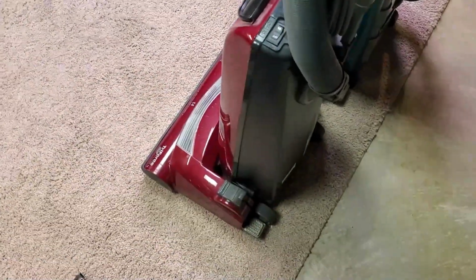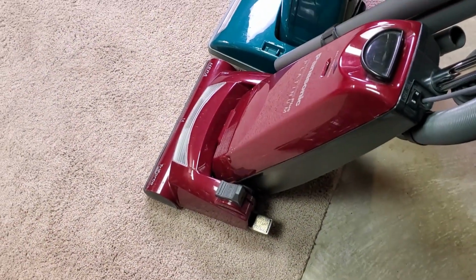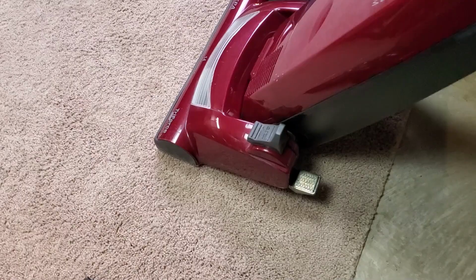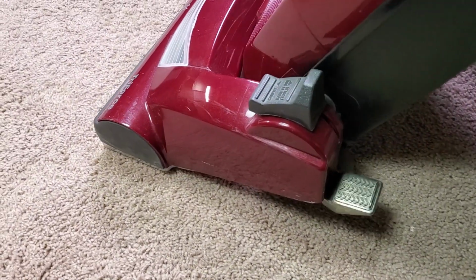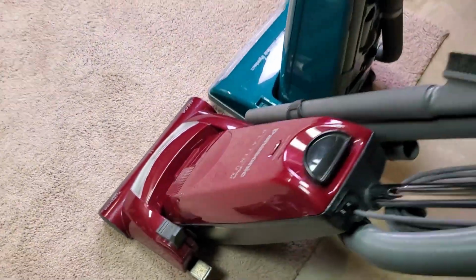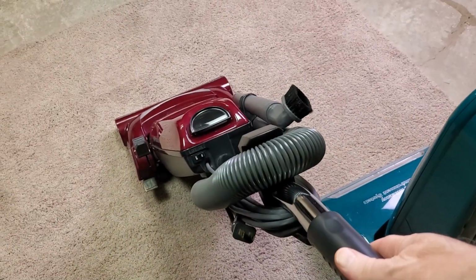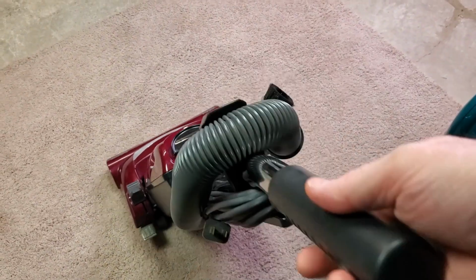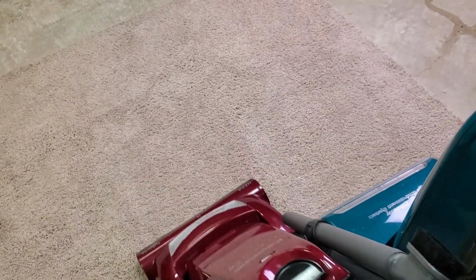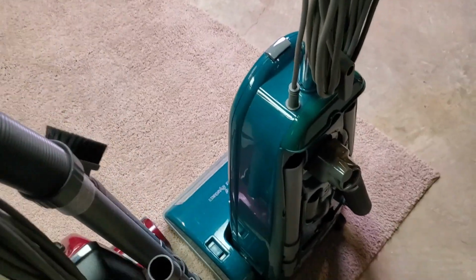Pushability. When you recline the machine, this machine doesn't have a height adjustment, but as hopefully you can see here, it does change the attack angle a bit. But guess what? When you push this forward and backward, even with the machine off, it is very reasonable and easy to push. The handle weight isn't too bad. It's just not a problem. So if I switch over to the Riccar,